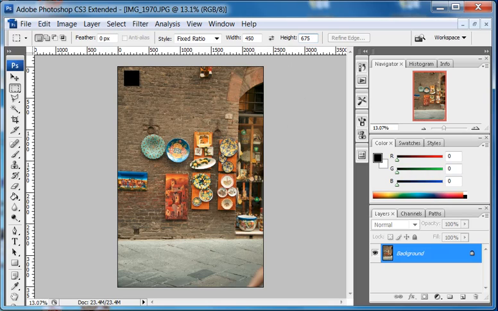Okay, now watch what this does. When you click and drag the marquee, you can see that it's constrained within a particular aspect ratio, which is 2:3. So all we need to do is basically drag this image, and if I want to make it as big as possible, I'm going to drag it to about here. Okay,